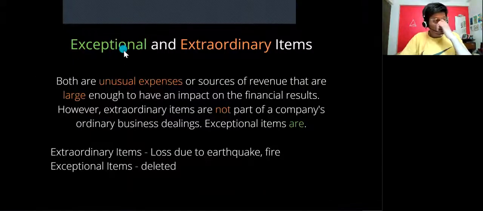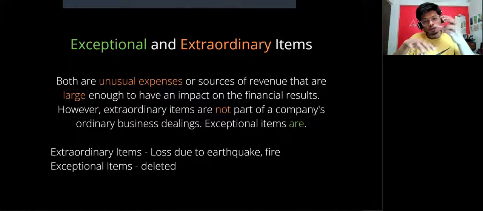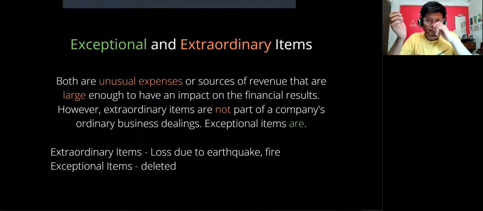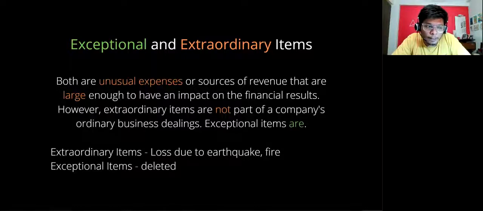So exceptional items are those items which are within the ordinary business of the company, but they occur very rarely. Okay, that is called exceptional item. Extraordinary items are those items which are not common occurrences in the business. For example, I have a garment store and there is a fire in the store and all my saris or something, they get burned. So in that case, that loss that happens due to earthquake or fire or something,